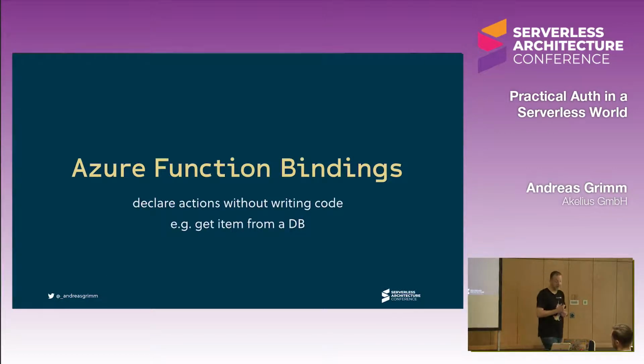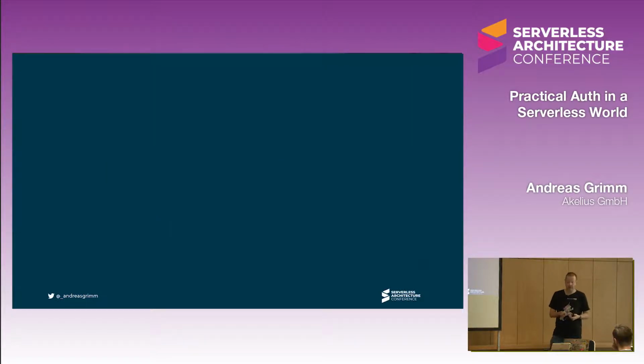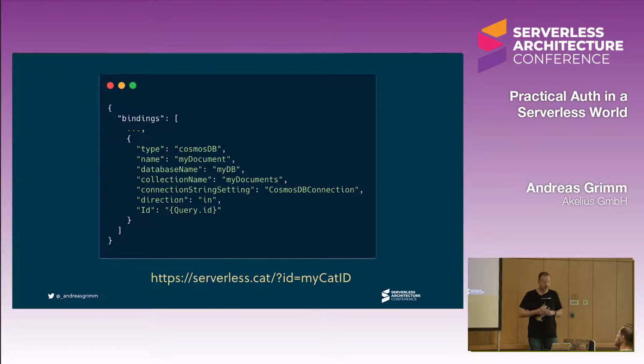But then there's, in Azure, something called Azure Function Bindings. Anyone ever used Azure Function Bindings or heard of it? This is a possibility to declaratively specify some actions that should take place when your function gets called. For example, you want a document from a database when your function is called. And you can do that in Azure,